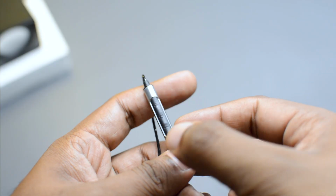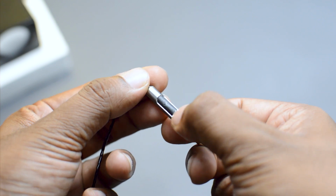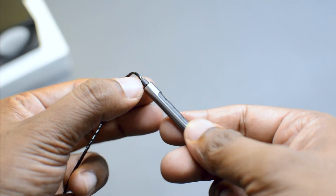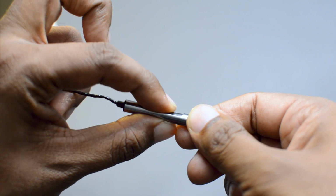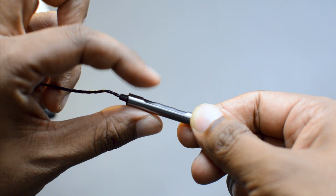As you move down, you will come across this inline microphone which is connected to the left earpiece, and this inline microphone actually comes with volume control buttons, which is quite good at this particular price point. Now the buttons on the microphone are very soft and rubbery, and I wish that they could have been made more tactile, and the button at the center, which is the play pause button, is quite easy